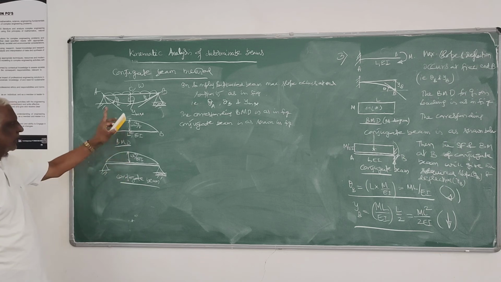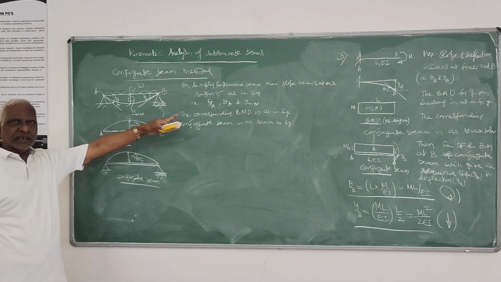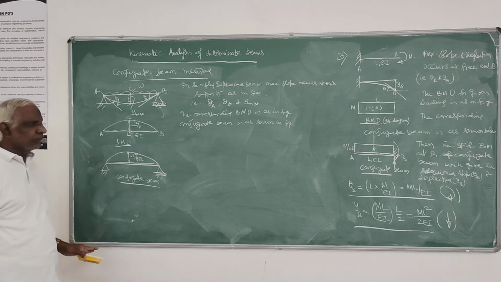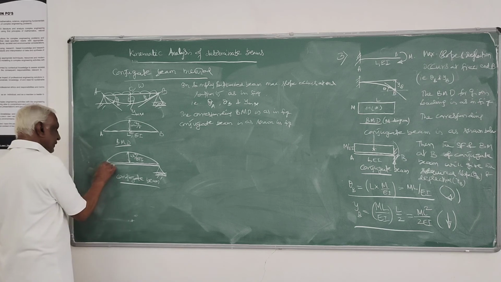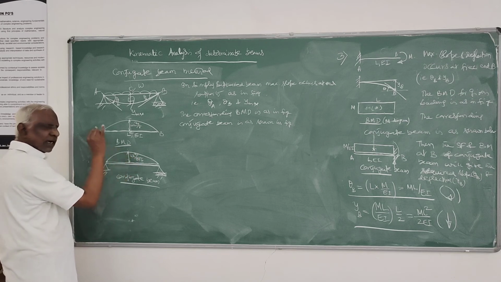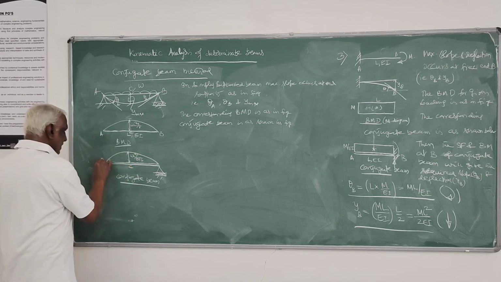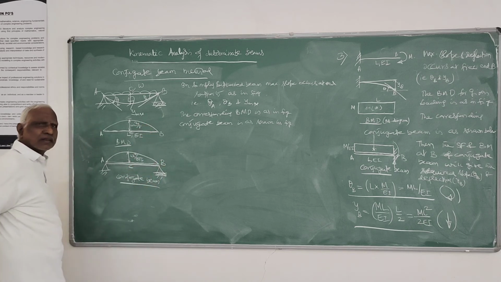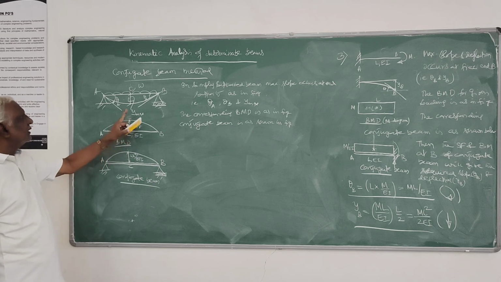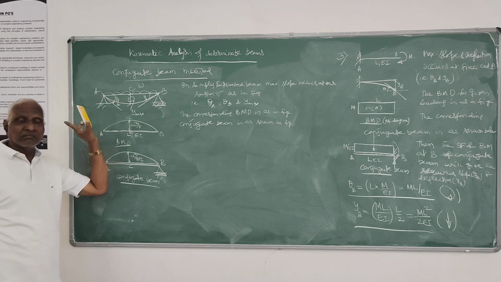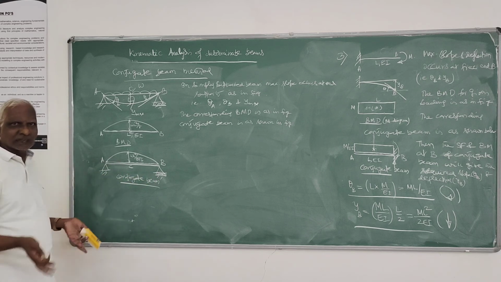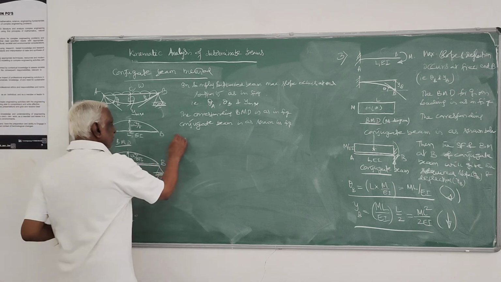the shear force and bending moment at the point where you have to find the displacement. So at that point you find shear force and bending moment. That means you find shear force at A, shear force at B, and bending moment at C of this conjugate beam. You will get theta A, theta B, and Y C with these directions. If this is clear, you know how to find shear force and bending moment.